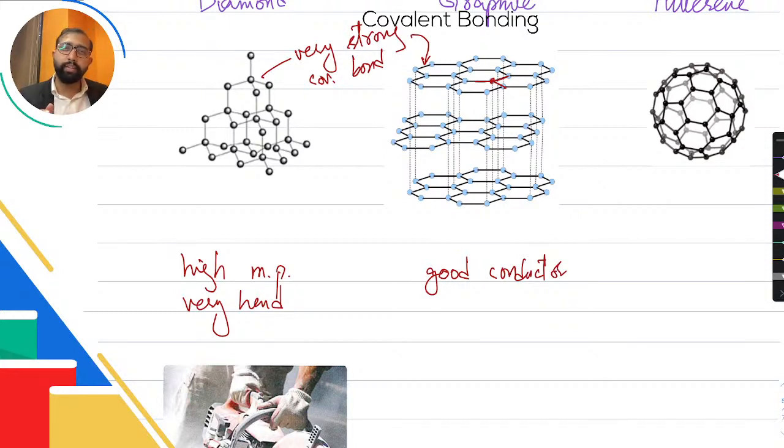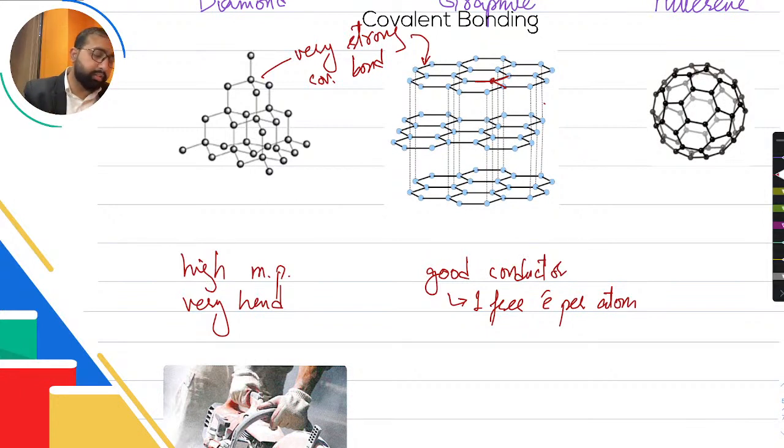But graphite has 1 free electron per atom, so it is able to conduct. Graphite is a very exceptional thing, which is why we use graphite in cells, in electrolysis, in batteries. We use graphite all the time. Yeah, so that's what graphite does, but it still has a very high melting point, because even though the 4th one,